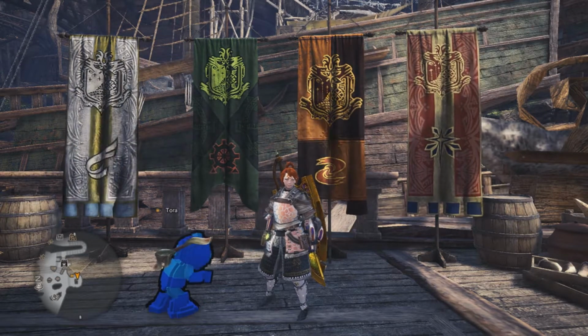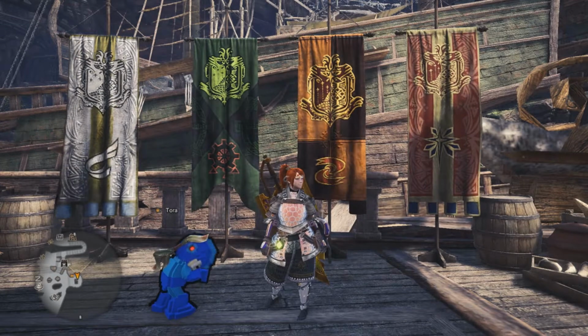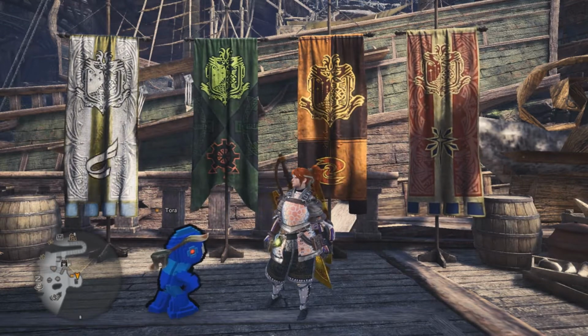Today we're going to be discussing the most technical weapon in the game. Charge Blade has two forms, the wannabe sword and shield, and the axe. And to get from one form to another, all you have to do is...